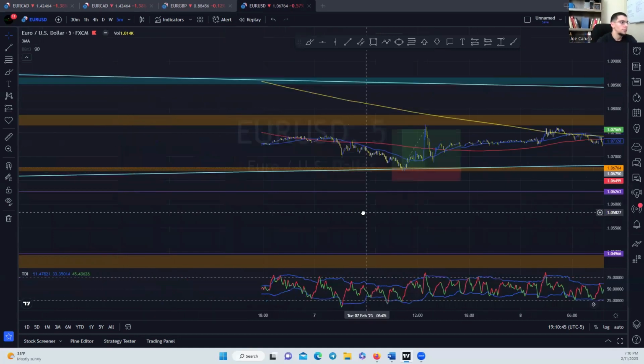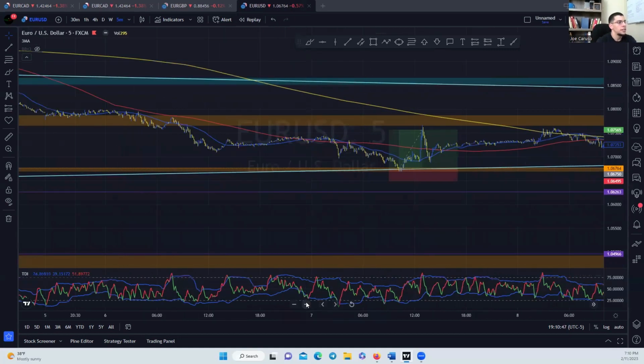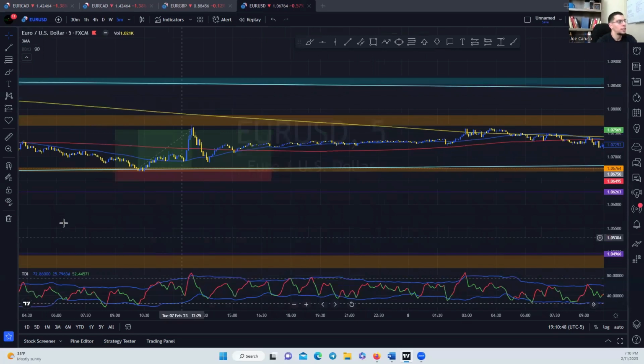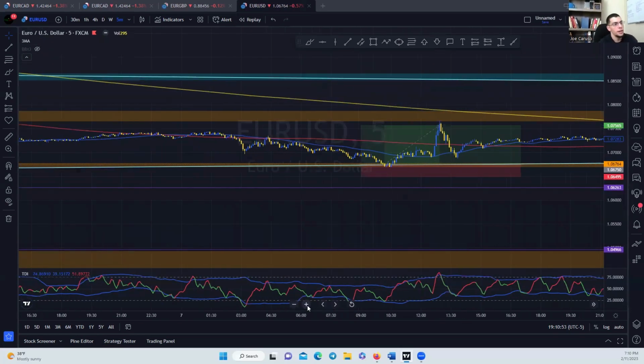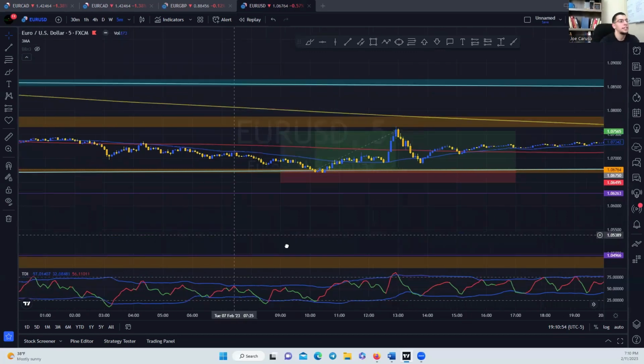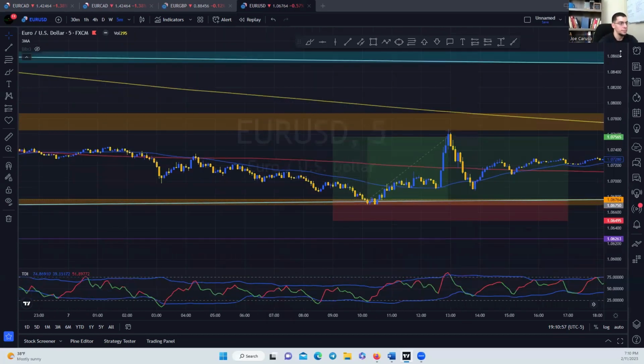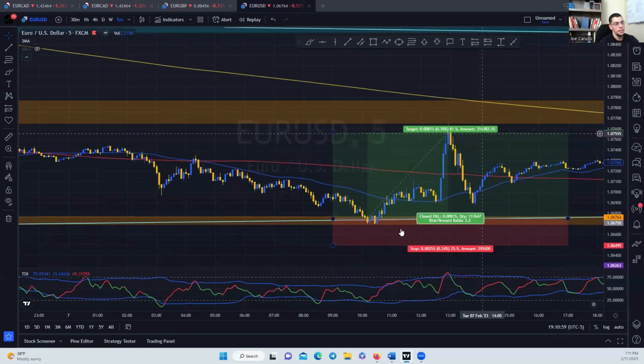Okay, here it is, right over here. This was another one that I had stacked entries on because price went even lower than I had anticipated. So about 20 pips lower, I had taken another entry, and the same concept. Once price got my original entry out of drawdown, I pretty much closed it immediately at break even. So I took no loss on my original position, and then I was left with a very nice position at